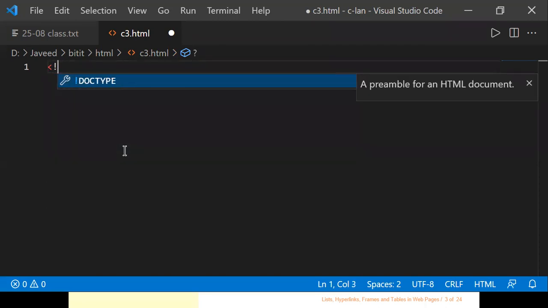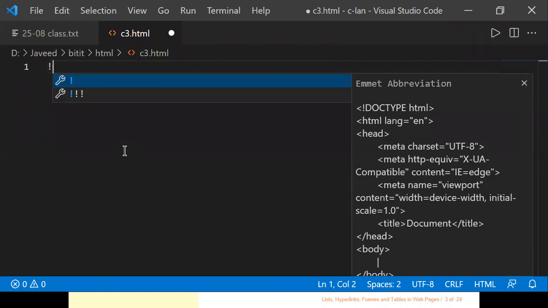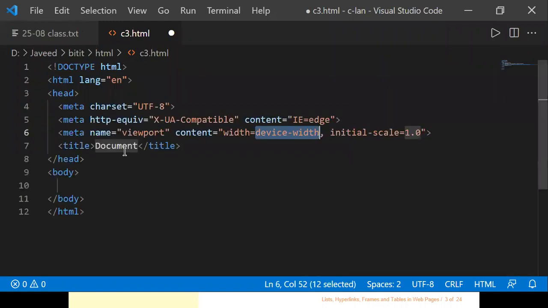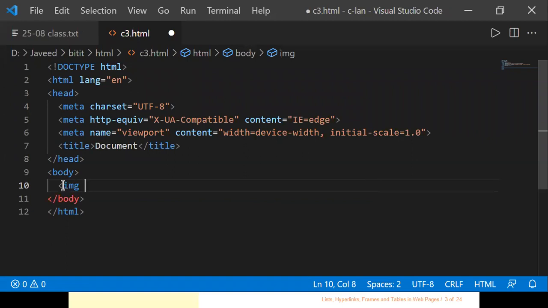Instead, in Visual Studio Code, you simply type the exclamation mark and press the tab key. Automatically it gives me the doctype, the HTML language type, all these things. So this is the advantage of using one of the text editors like Visual Studio Code.